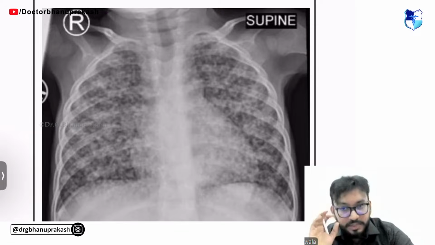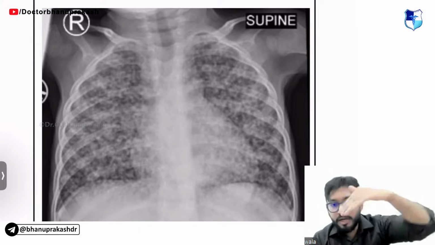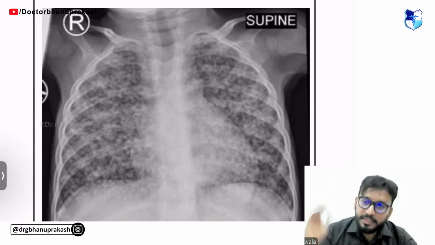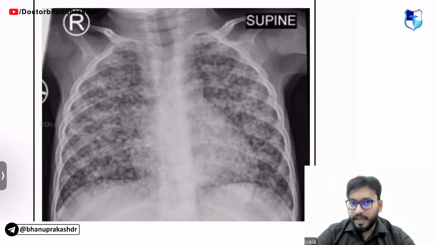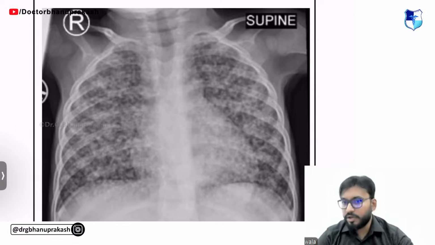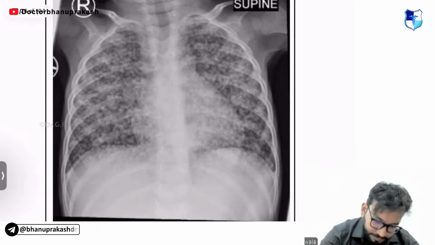It is not specific for TB, but since the history is there, he has come to you with primary TB, then post-primary TB. Now he's come to you with this lesion. It can be nothing else, it has to be miliary TB. Guys, this is the sequence in which we study. This is the basics of how we study, and in this way you will never forget. You look at it, you know the case history, you know the patient has been a chronic patient, and this has to be nothing but miliary TB.